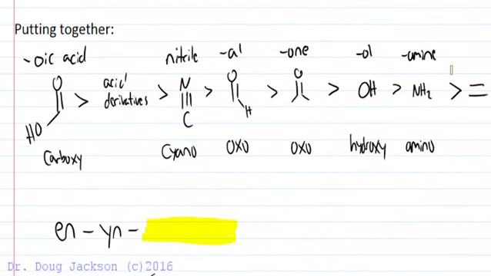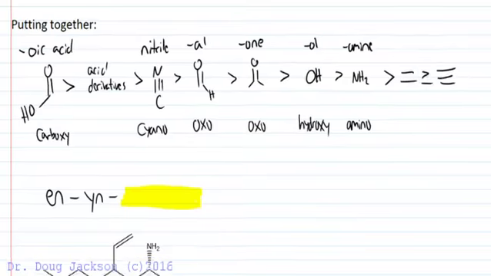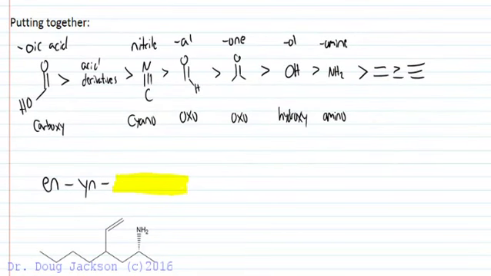Putting the name together, so this is a lot of priority groups, so let's have a look at all of them at once. Okay, we start knowing that the end of our molecule is going to end in ene-yne, because these are special groups. The alkene and alkyne are special because they're included in the parent chain. So they are actually a part of the carbon-to-carbon chain and not intersecting the circle you draw around the parent chain. And so they get positions at the end of the name, ene, yne,